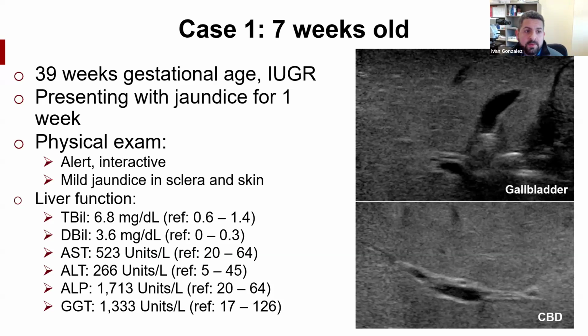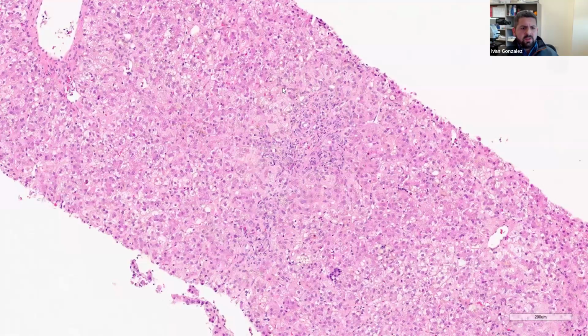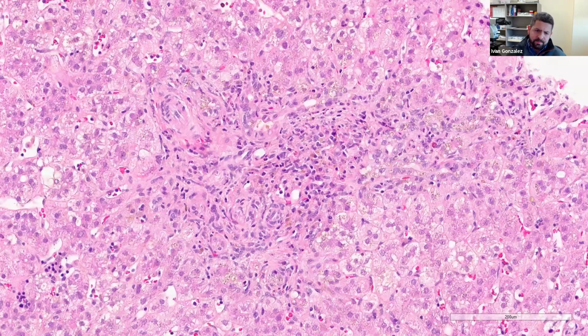So this is our biopsy. Looking first at the lobule, there's some steatosis, then you also have some giant cell transformation. There's some cholestasis, and I got a closer photo to pay more attention at the portal tract. Looking at the portal tract, there's a couple of things. One, you are seeing a duct injury. For instance, about the duct here, there's definitely some duct injury. And there is some cholestasis, some bile plugs within the lumen of this bile duct too.